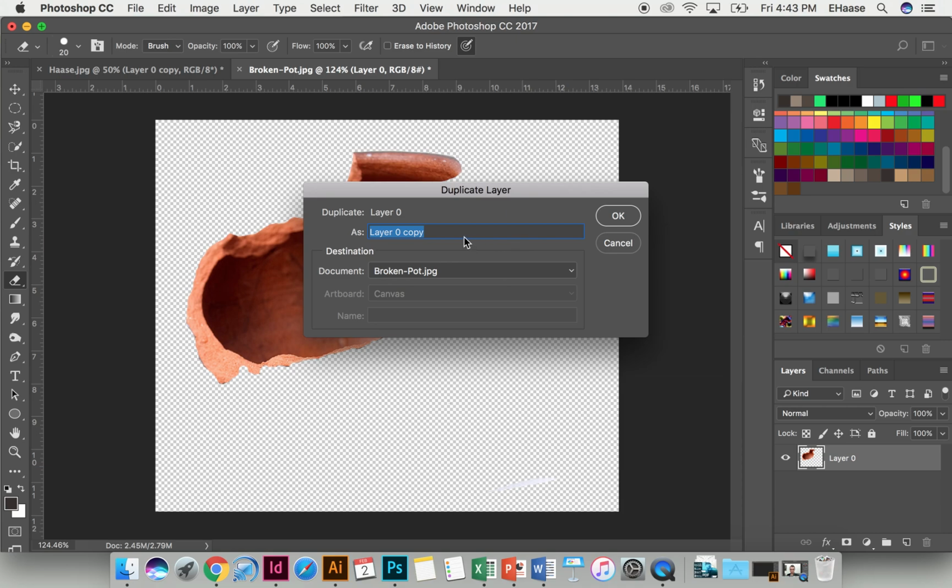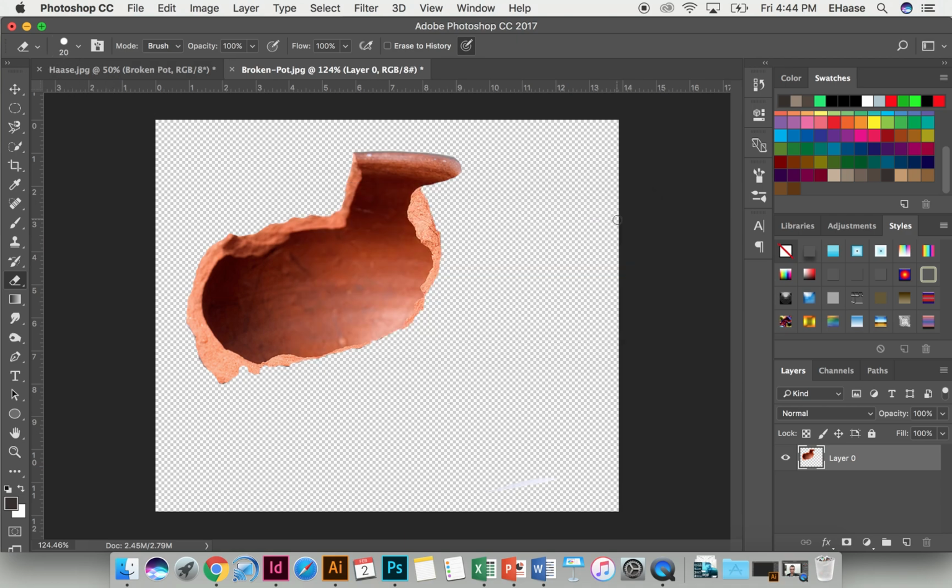We can retitle our layer, and then we can choose the destination. Like I said, we want to send it to the first tab. So if I click Document, you'll see the name of our first tab, Haase JPEG, and there's Haase JPEG up at the top. So click Haase JPEG, click OK,